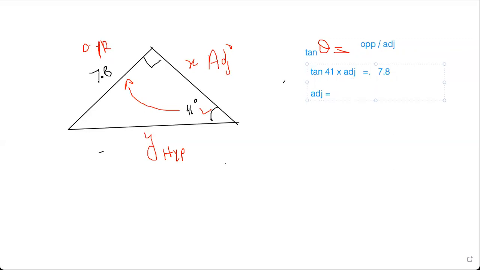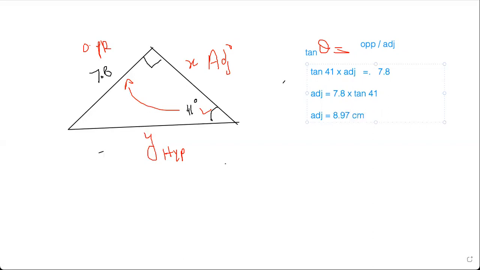So adjacent is equal to 7.8, as it is, which is opposite, and tan 41 means tan theta. That is dividing the adjacent, so you can shift it toward the right side. It will multiply. You can put everything in the calculator. You can find the value of adjacent by 7.8 multiplied by tan 41. You will get 8.97